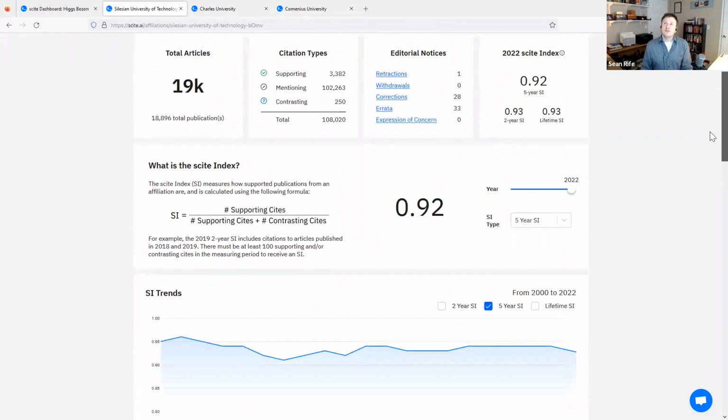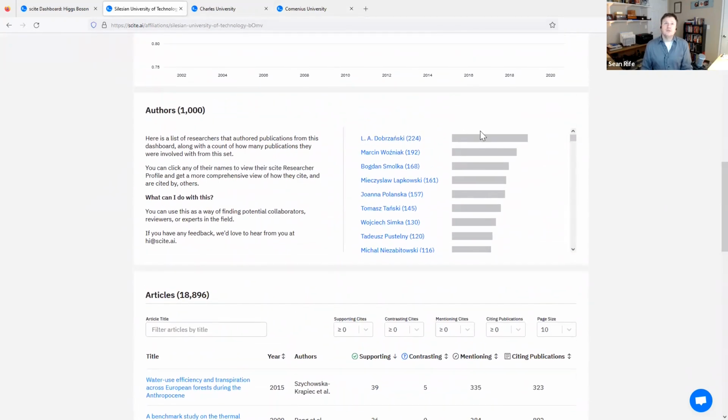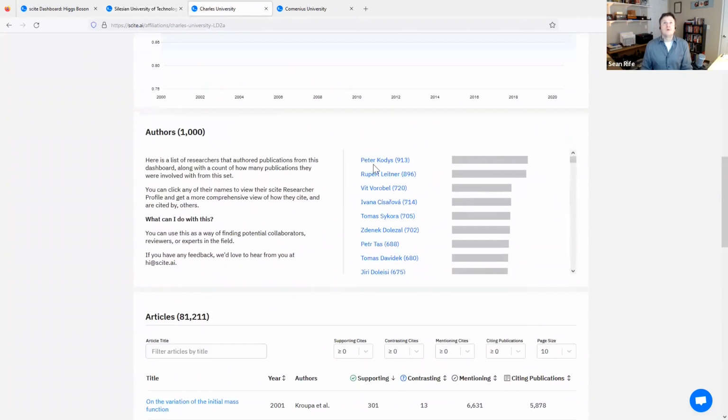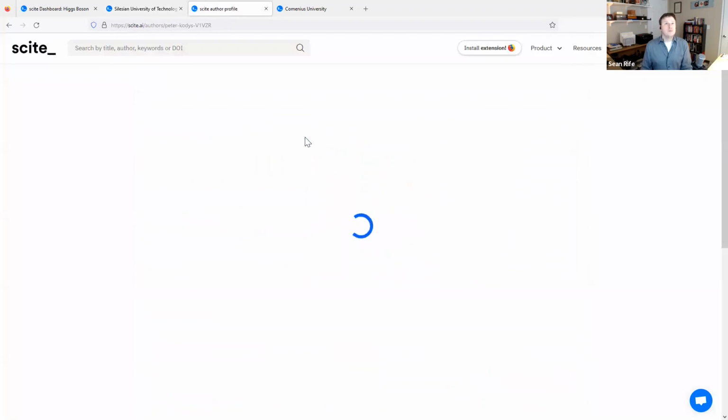Now, one of the things that we also do is give you the ability to pull up an author summary. So we have the ability to extract author information from folks who have published in our data set, and we have the ability to summarize their work.